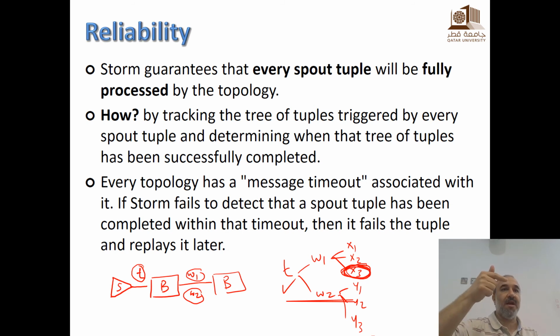Whenever a tuple is fully processed, the ACK function will be called, so if you want to run any code there, you can. And if it failed, then you can provide code that will do something about the failure. So this is a mechanism given to the user of Storm to act upon any failure or any success of each tuple.